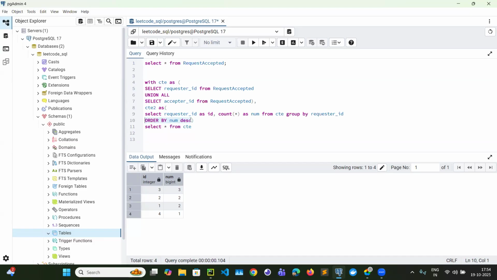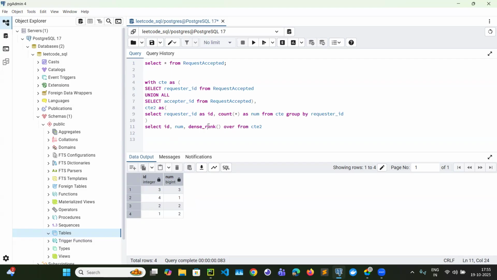I don't even need the order by here, because anyhow we are going to give the ranking. Select star, so we get this. Now this is CTE2, so we will assign some ranking: ID, num, and we will use dense rank,